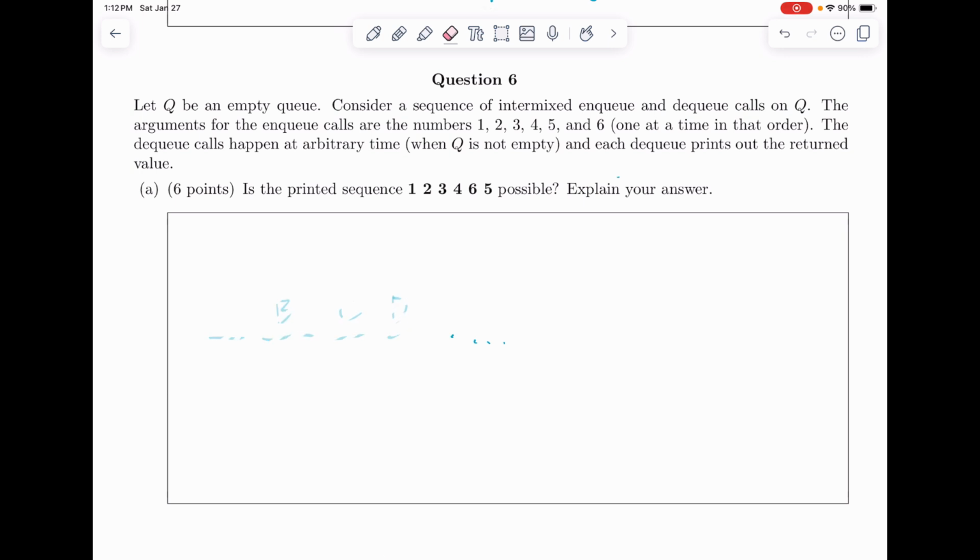By the way, whenever I say dequeue, I think of Dairy Queen. I'm a fat ass. But anyways,